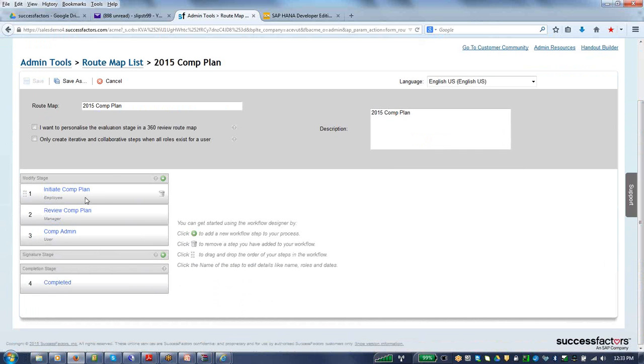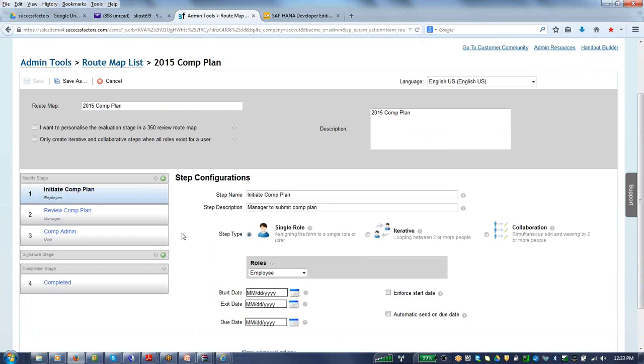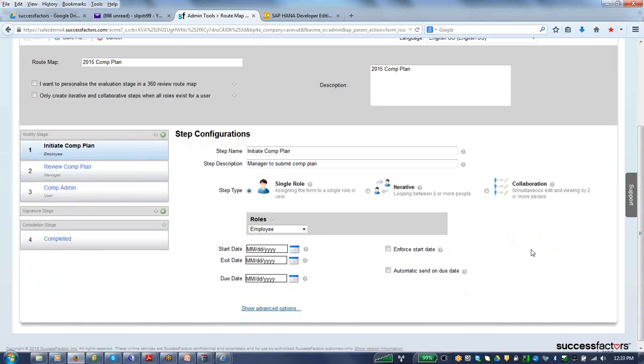Basically, route map is like a workflow within your organization, and it will flow from one person to another if you configure here. It has 3 stages. The first stage is the modify stage, next is the signature stage, and also the completion stage. And you can do single role assignment. You can do it iterative, means multiple people accessing it at a time, and then also